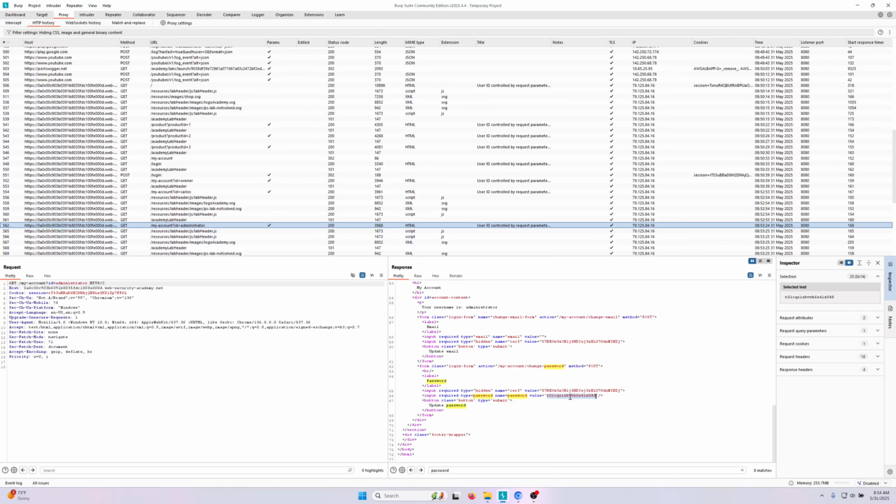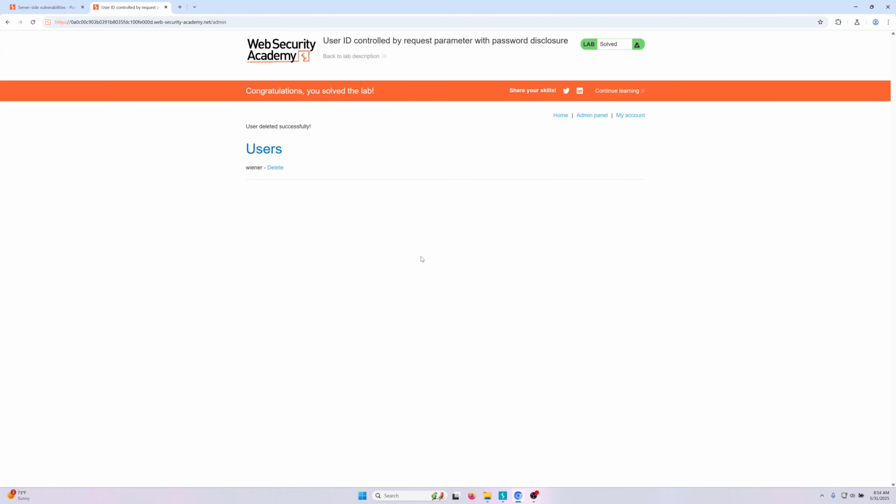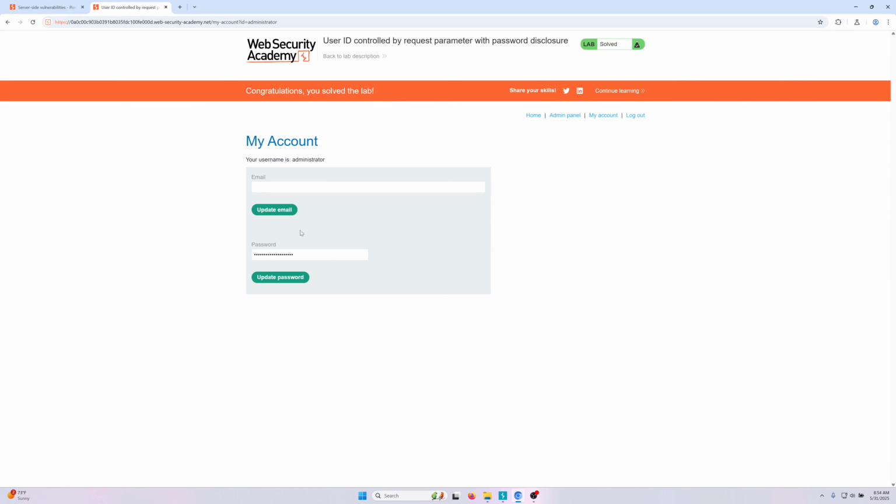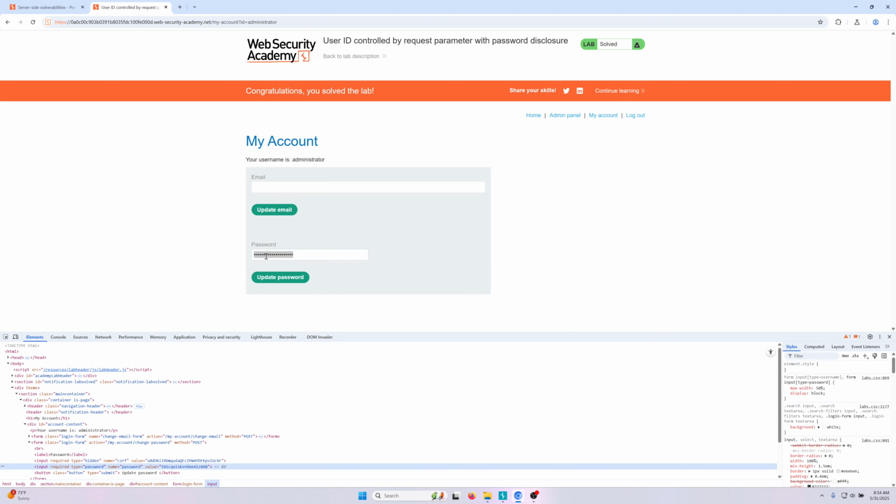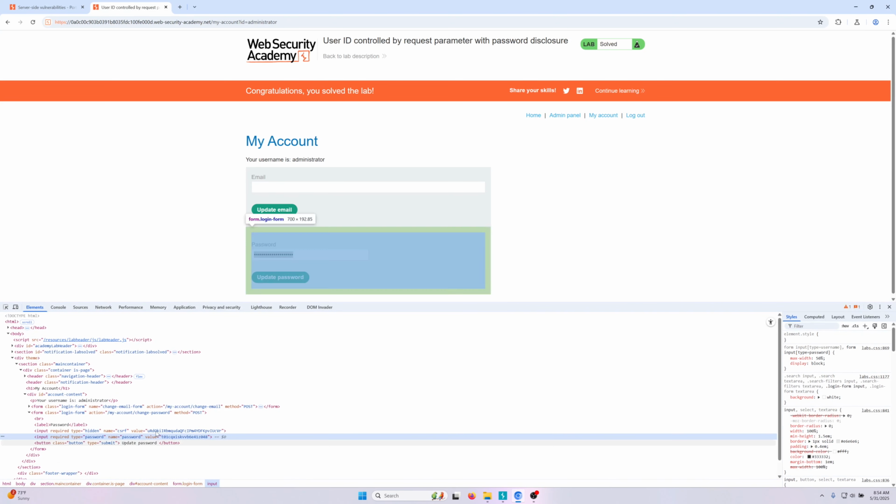The reason why this works, the reason why you have this value here that is not seen on the website, is because sometimes the web developer will make a mistake in which they're covering or hiding something on the website using just regular JavaScript that's running on the client side, which means it's running on your side, not the server side. So the server is not really hiding the information. You can see here if I inspect this element in DevTools, this element here, you've got